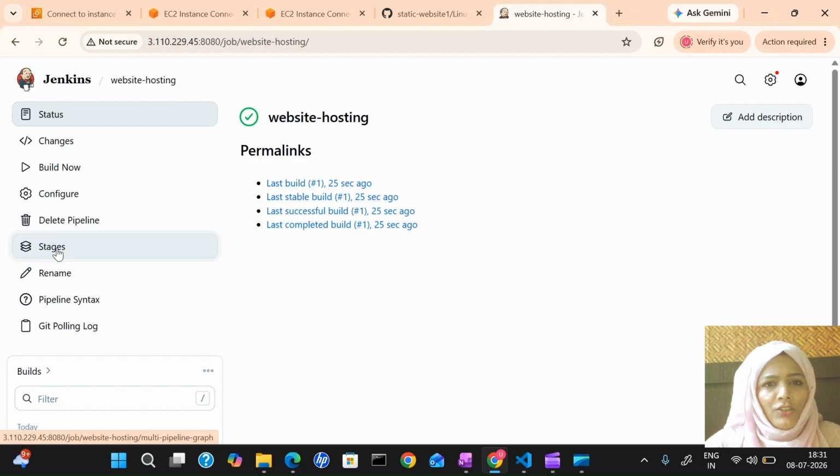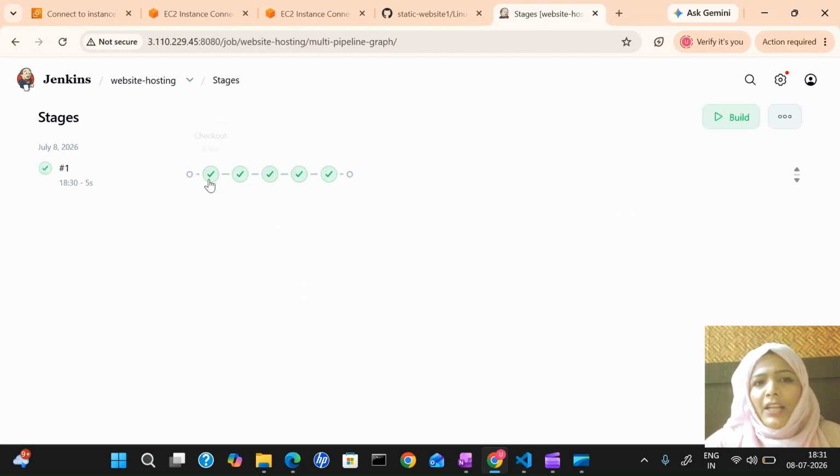Yeah, here is the stage. You can see it has pulled the code, checked out, pulled the code from the GitHub, then built the Docker image, then run the container, verified the container, and post action. Okay,